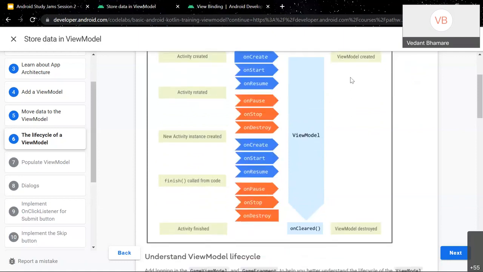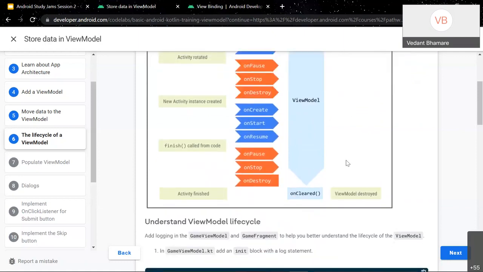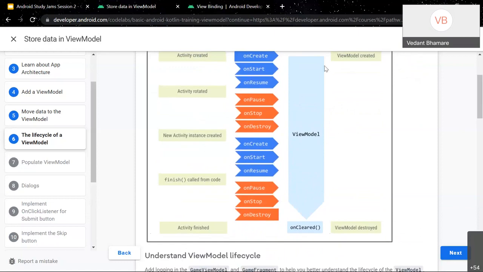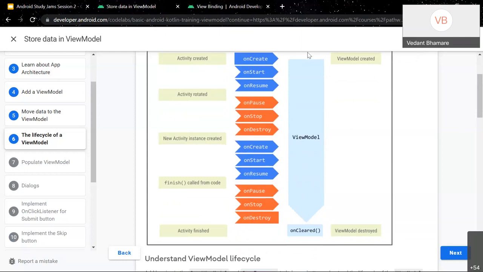View model, as you can see, is created only the first time, and during configuration changes it is not created again. Its data remains as it is. Earlier, during rotation, the whole code was rewritten again and the data was being lost. But as we are storing the data in view model now, it won't be lost, and you would have the data stored in it as well. Whenever you go through configuration changes, that is, whenever you rotate the screen, data would remain constant and be shown as it is, like score and word count and everything.